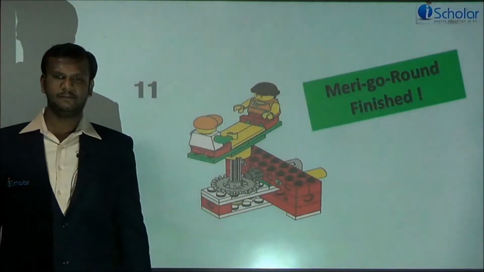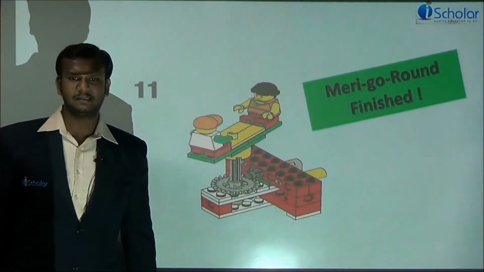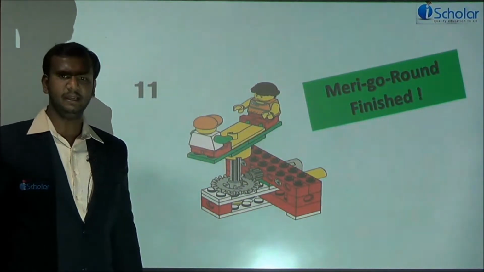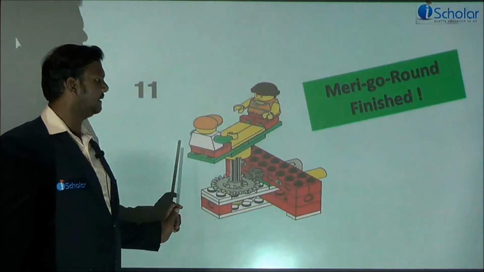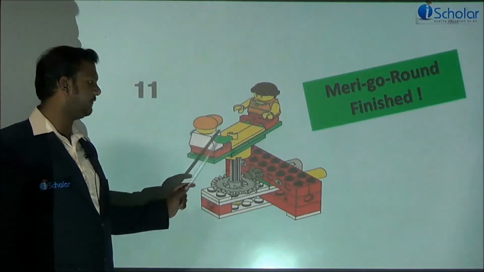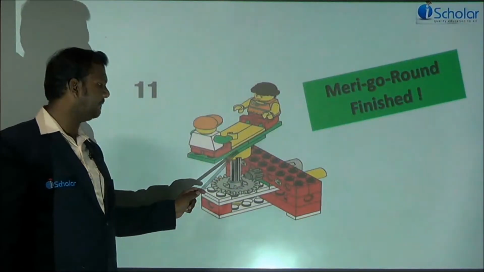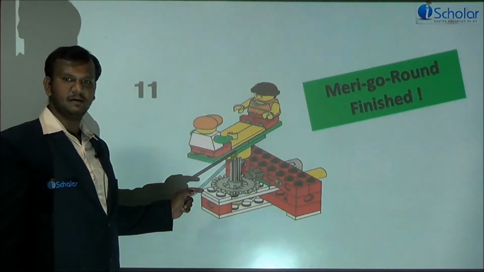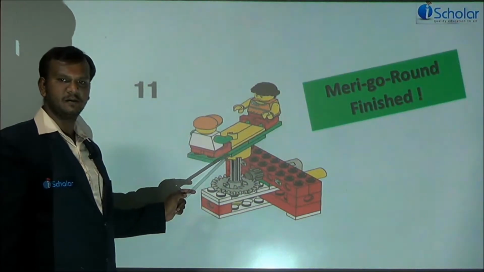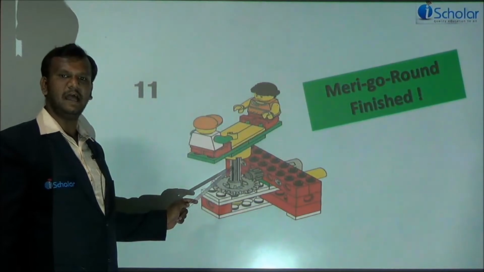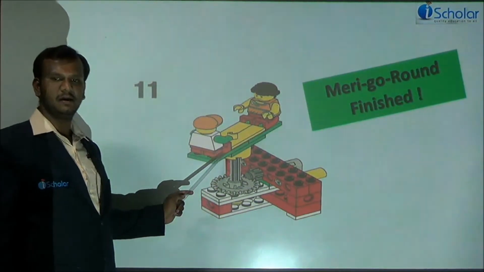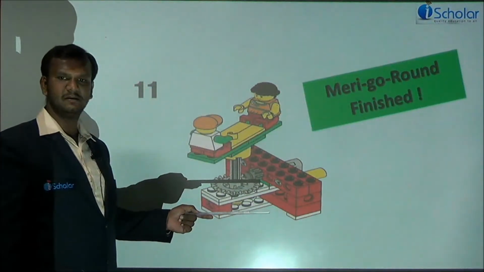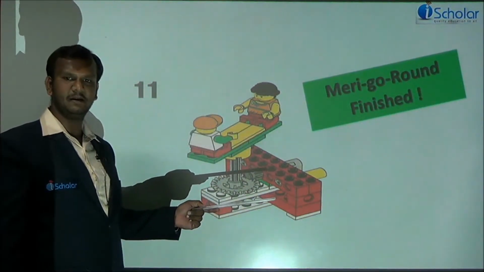So have you all completed assembling the toys? Yes, this is the last step in our activity. So once you have designed the particular toys and you have assembled them in the seating structure with an arm, the last thing is you have to just keep the arm being fixed to the axle. That's it. Our activity is completed. Our merry-go-round is finished. Are you all happy?